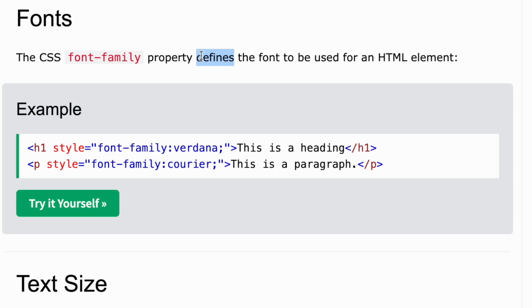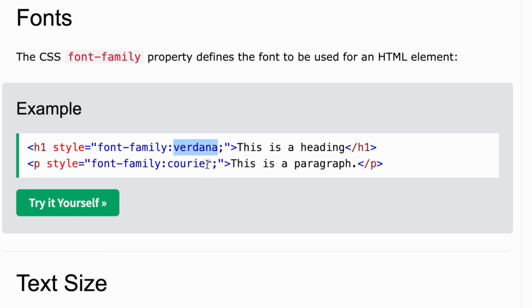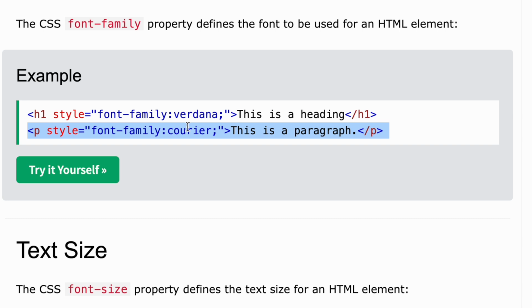The CSS font family property defines the font to be used for an HTML element. Now what will happen? H1 style, so whatever font we need in this heading, like Verdana is a font or Courier is a font, we just need to write style is equal to, in inverted commas, font-family, and then a colon, and then we have to write which font we want, and then we have to end it with a